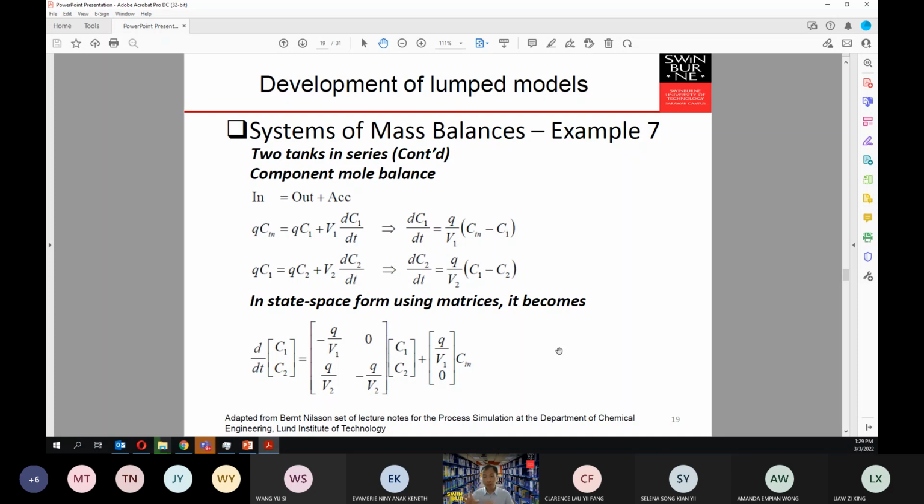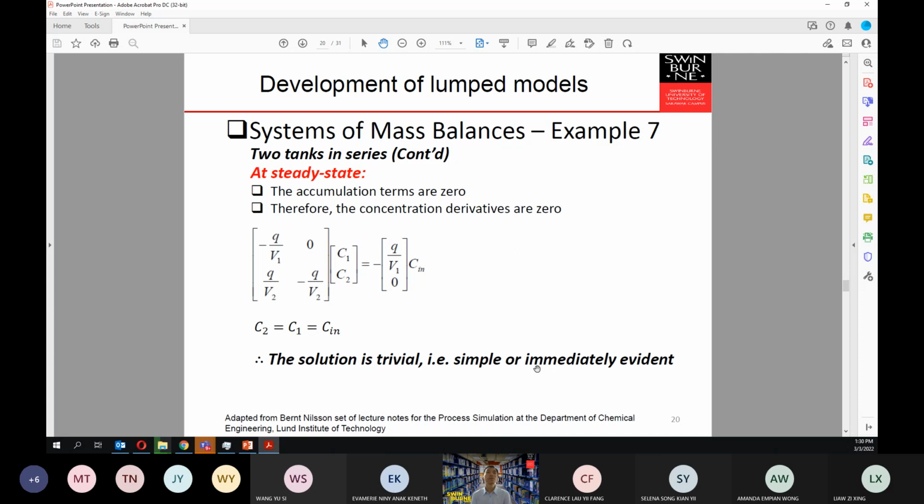So if we basically extrapolate, we use the same conditions on everything. For the first tank we use the previous example, and for the second tank we use the same example. Then what we can do is have two sets of ordinary differential equations in here. Okay. Now this can be represented in terms of a matrix. So the matrix will be d over dt of C1, C2 is equal to this and that one. Okay, this is something that we call a state space form using matrices.